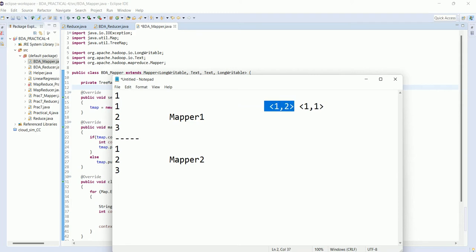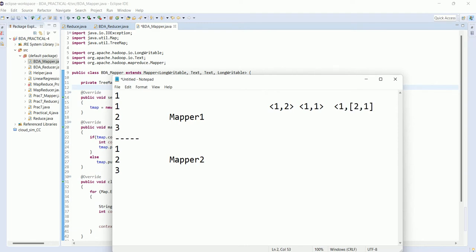For mapper 2, 1 occurs only one time, so it stores 1 as 1. These two values are passed to the reducer, and in between it goes something like 2 and 1.